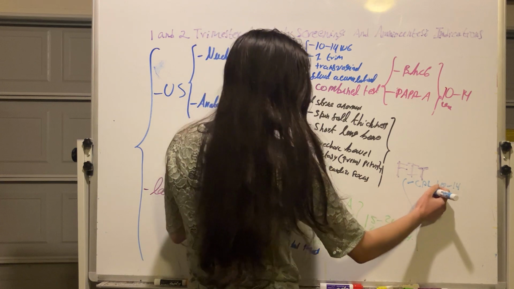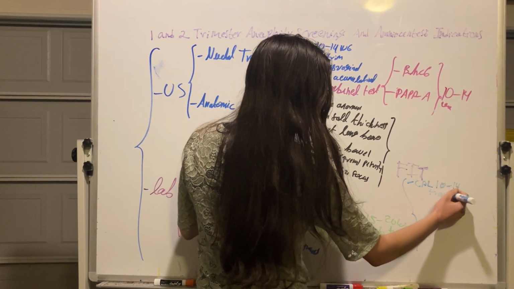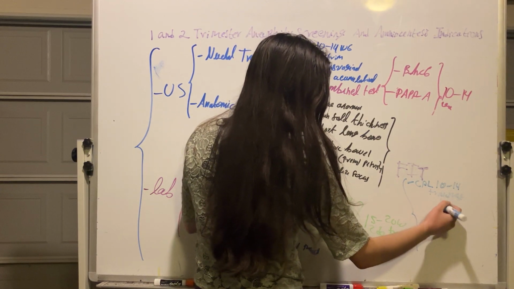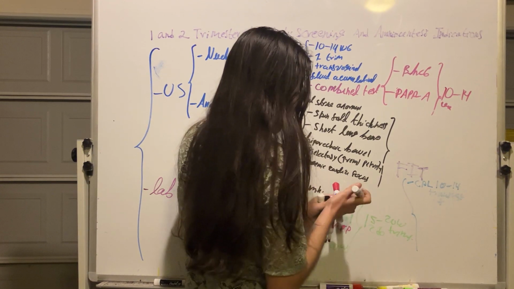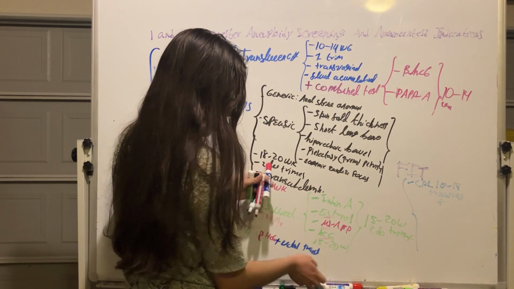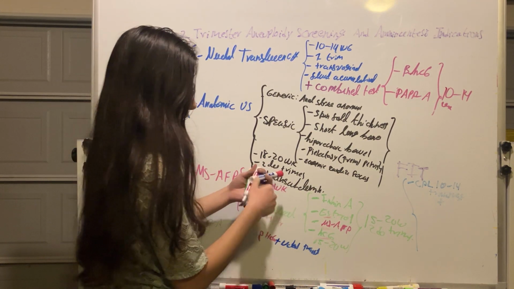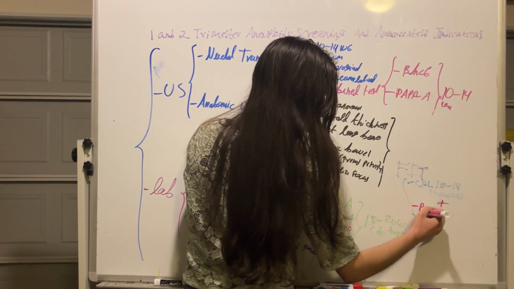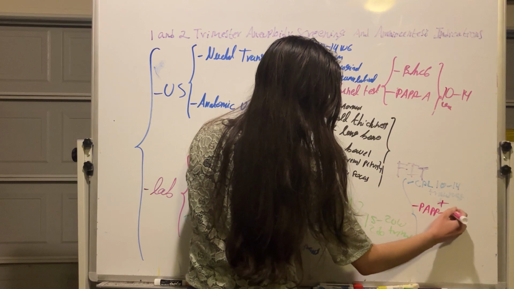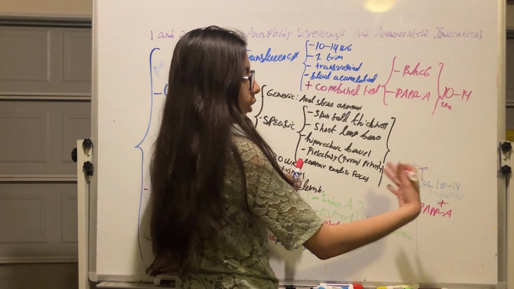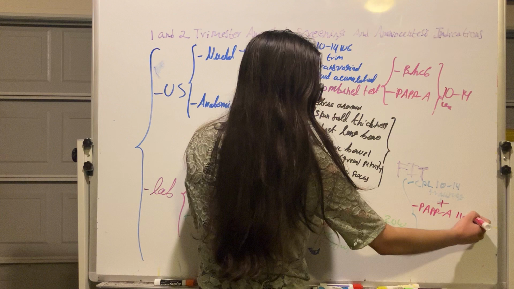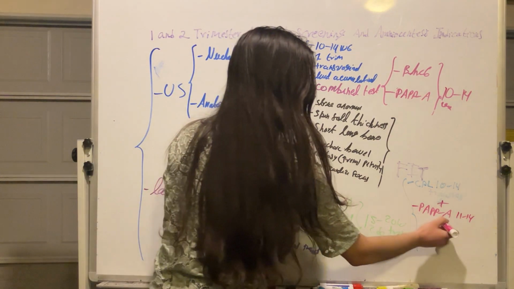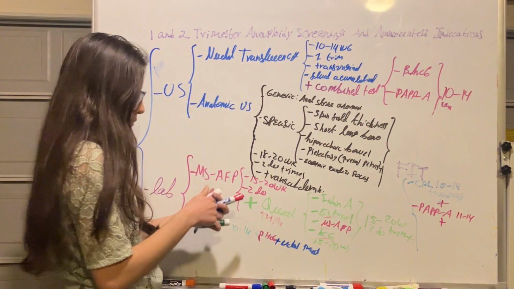So this is done with transvaginal ultrasound. Plus the pregnancy associated plasma protein A, drawn between 11 to 14 weeks gestation or 10-week gestation, plus the quadruple test,